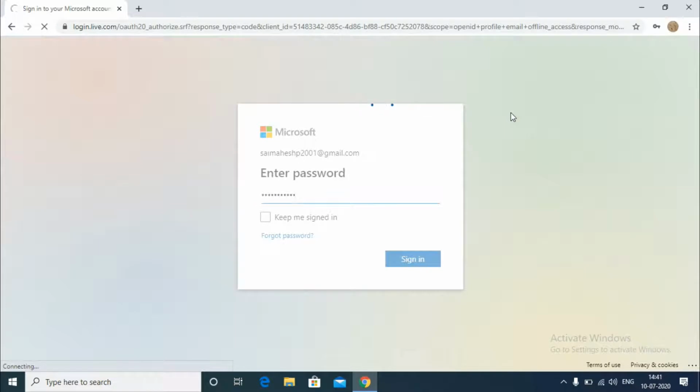Just sign in with your details. And now it will open the site, that is office.com. I don't know how many of you know this, that from this web we can use Microsoft Office, that is MS Office, for free from web.